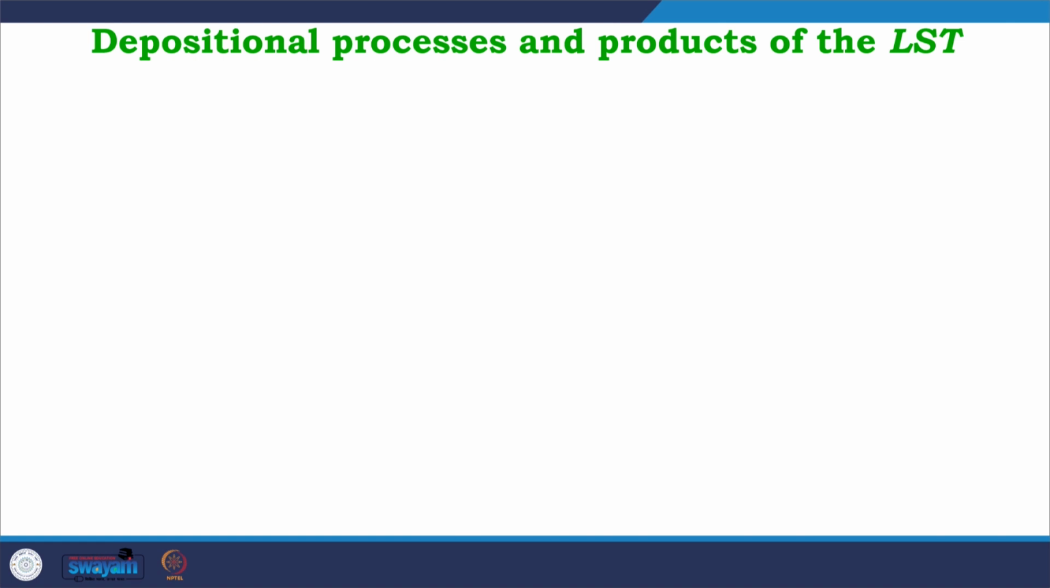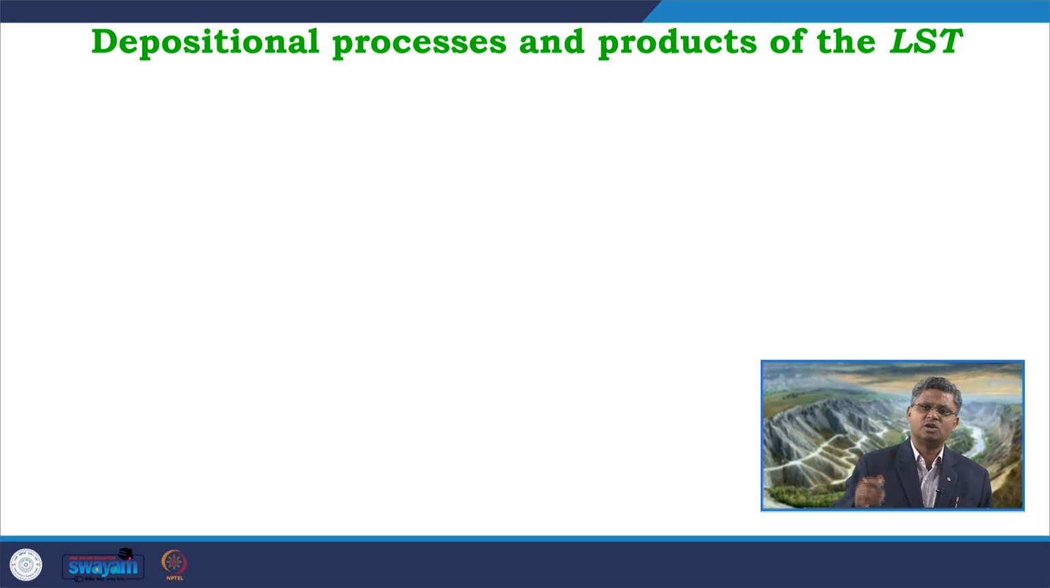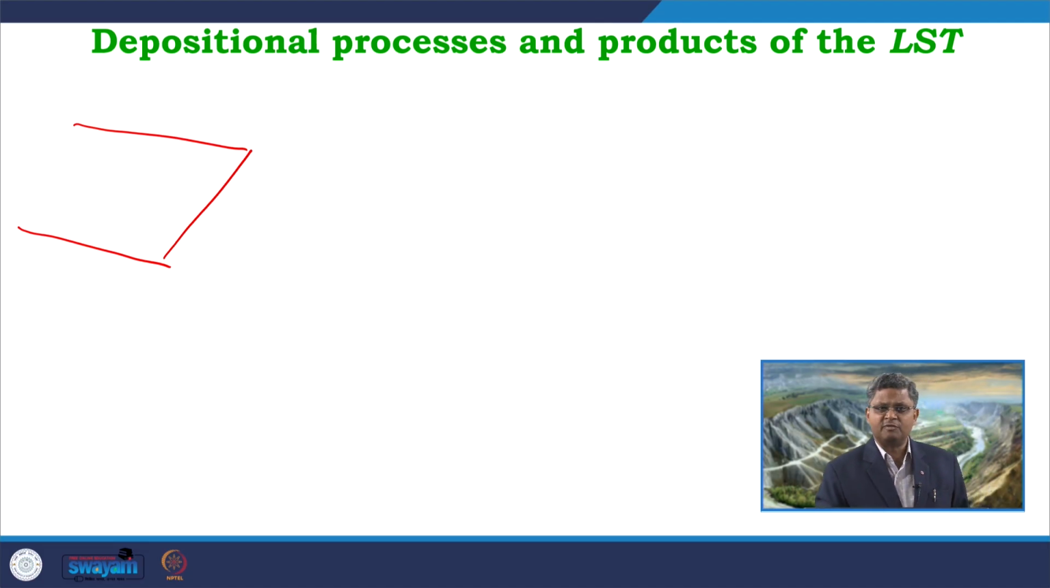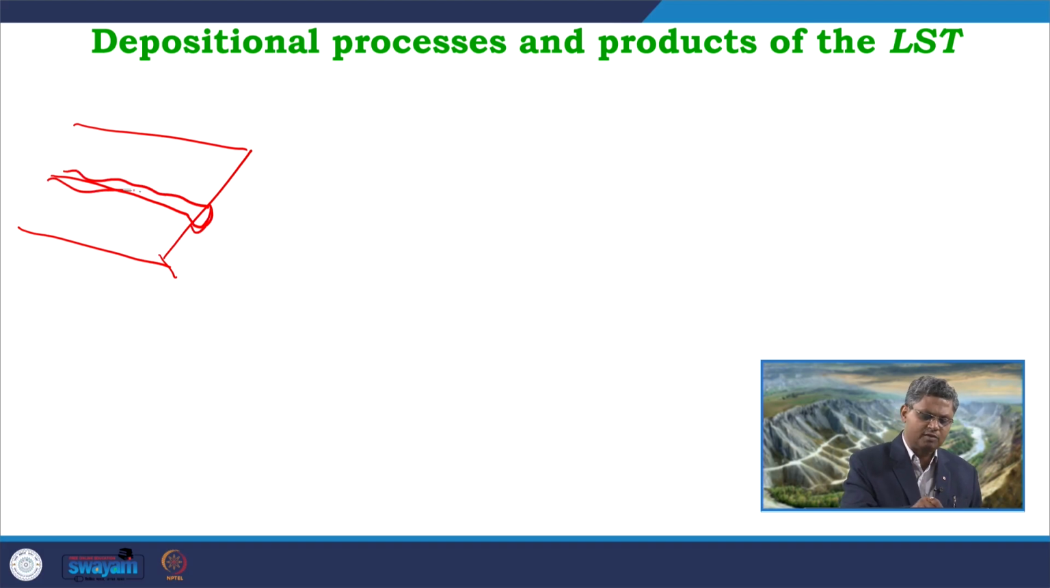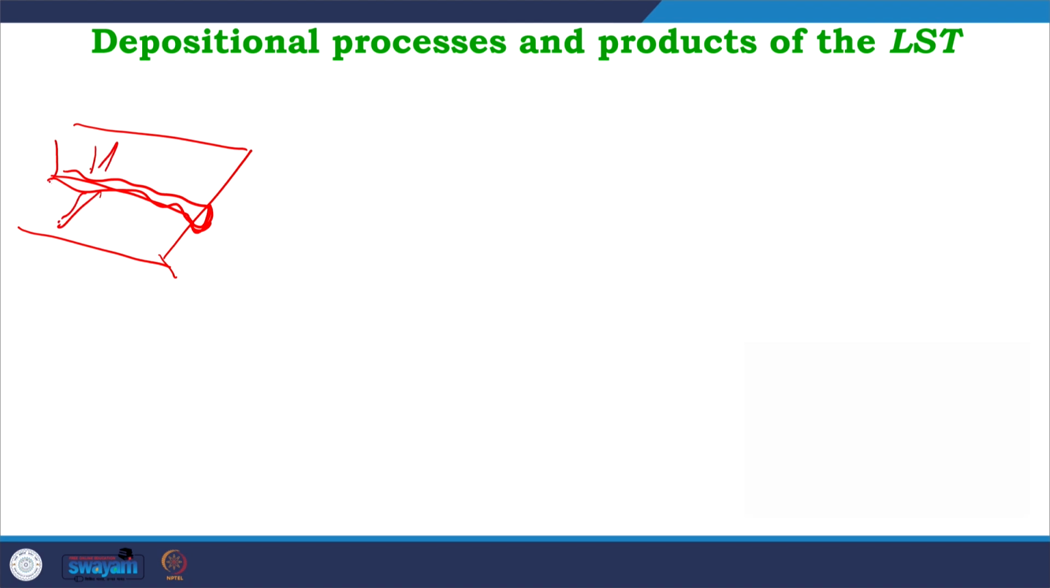So, if I now look into the overall depositional processes and products that form within LST, we can start from the fluvial part. In the fluvial part, say this is the scenario at the end of the forced regressive phase, at the end of the FSST, where we know that the river system has gone through a significant amount of incision,